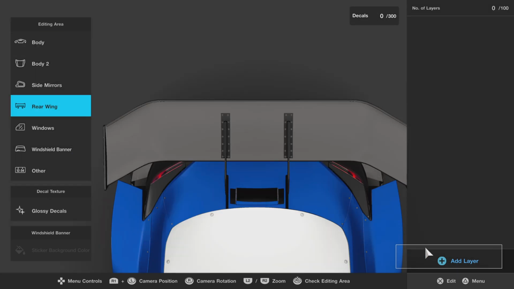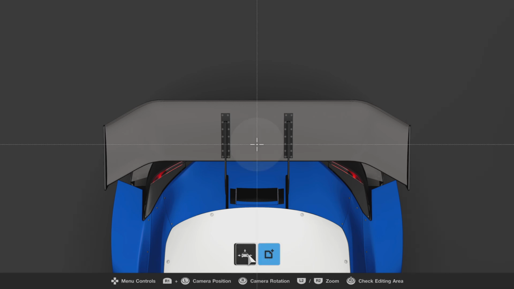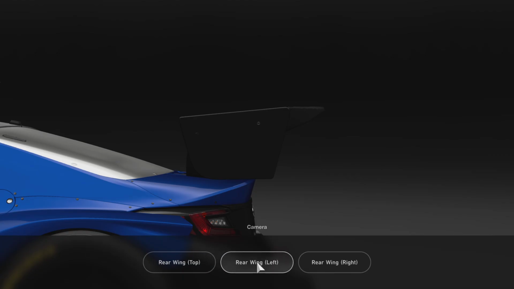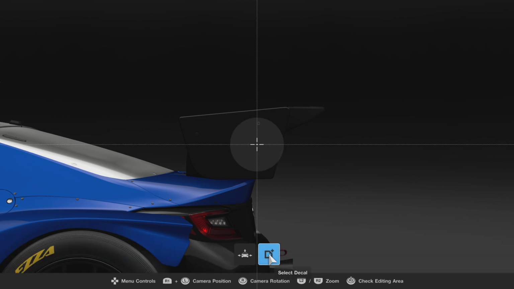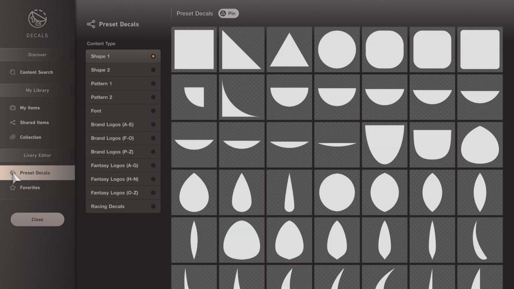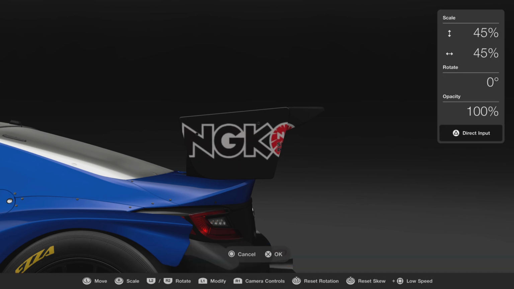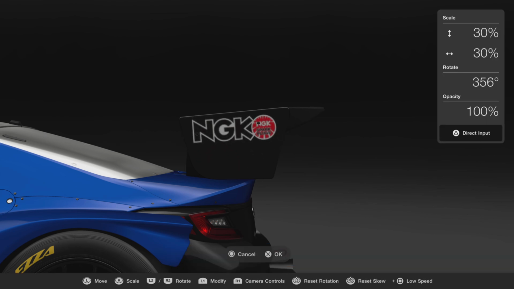First, we're going to go to the rear wing. A lot of people have asked, and I've shared it in some of my live streams, but just a basic thing that gets overlooked because it's not really mentioned anywhere is working on the side wings. So let's go add a layer and let's do our view from either left or right. And then we're going to go pick any decal. I'm going to put it to the top for max example here, but you can put it anywhere,